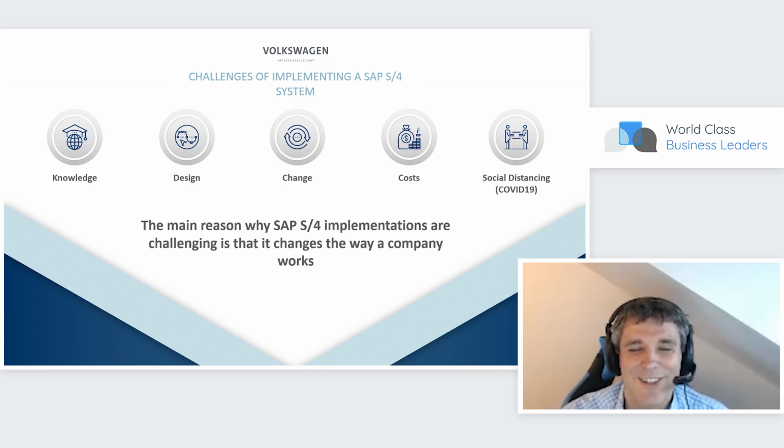Before I joined the VR train in 2016, I was an SAP project and program manager. So I have a long-lasting SAP history of more than 15 years. And that's why we came up with the idea to use virtual reality to optimize our SAP implementation projects. I think most of you are using SAP inside your companies. So of course, you know about the big challenges that come if you're implementing SAP for the first time or